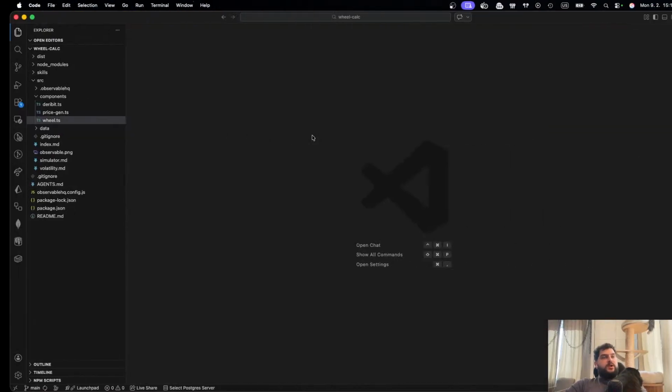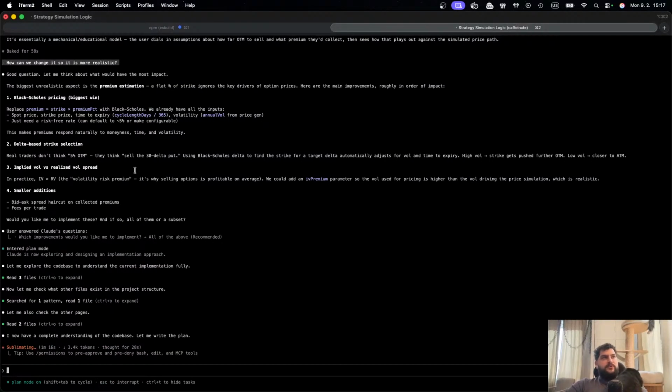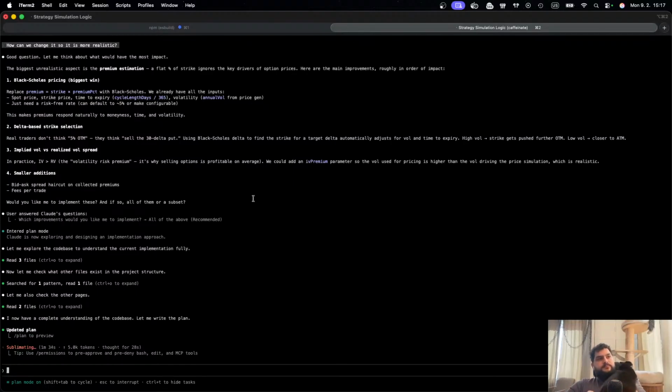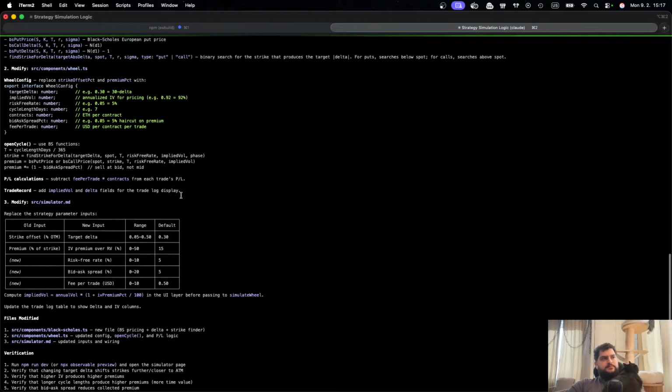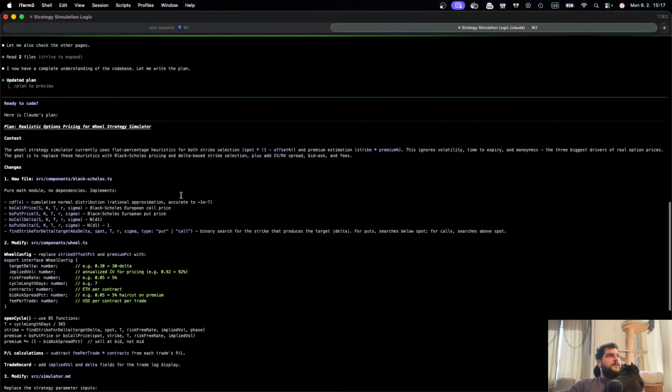So yeah, let me just explain what it offered. I told you before about the formula called Black-Scholes, which is used to calculate statistically the most fair price of the option on the market. I think there are other methods, but this one is the most efficient. Okay, here is the plan. Let's take a look quickly and start.